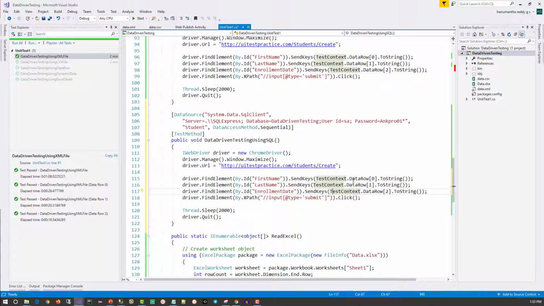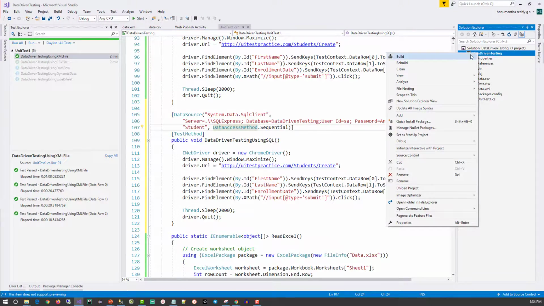So here we have TestContext.DataRow[0], which will get all the 100 characters. So we have to trim it. When I say trim, it will remove the leading and trailing spaces. Same thing I'll do for last name also. So now we are all set to execute this data driven test.